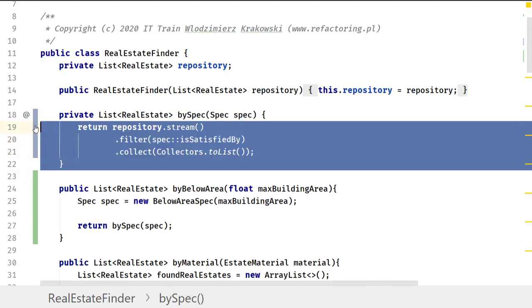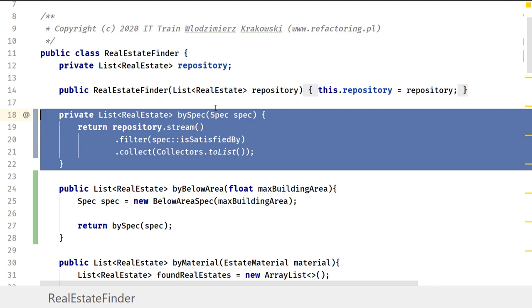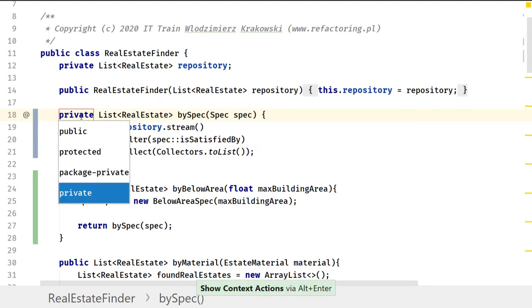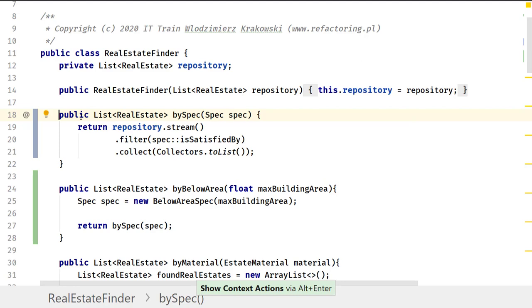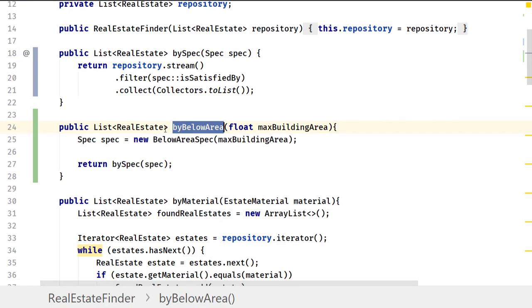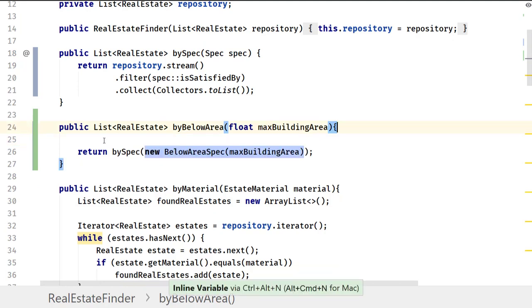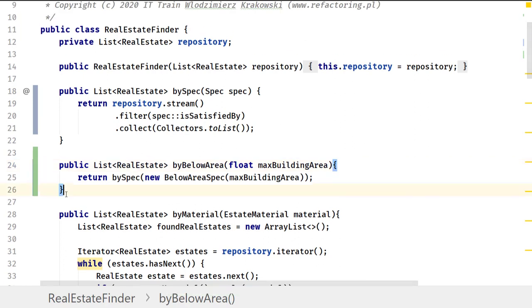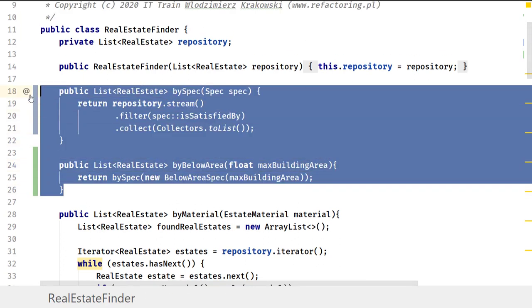And here is my new method that takes only the interface. It shouldn't be private. I guess it should be public, so it is public. And this method will be calling this bySpec method. Do I need this local variable? Most likely not, so I will inline this local variable. And this way we have